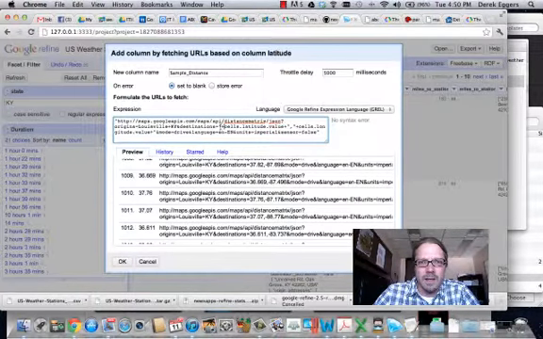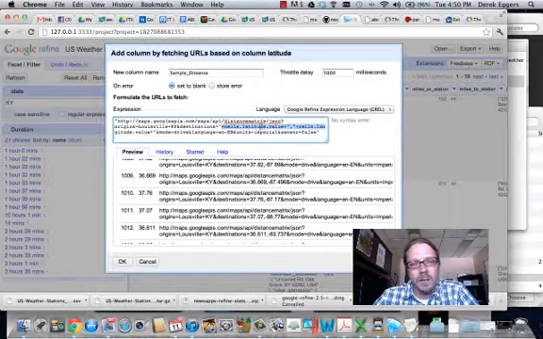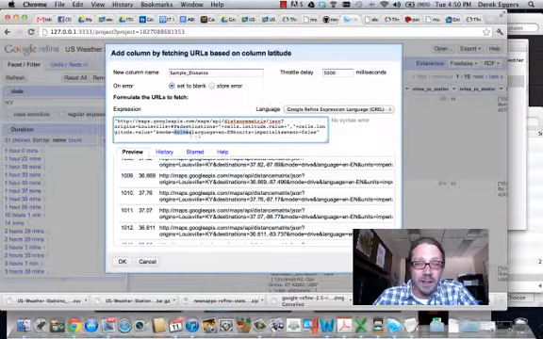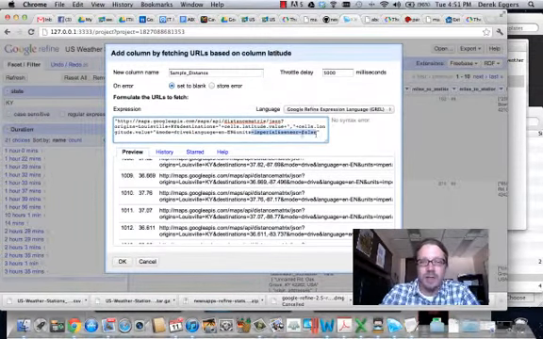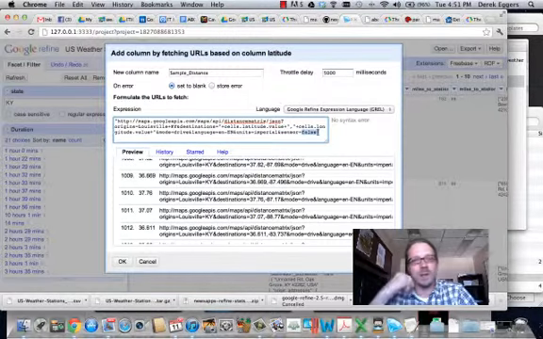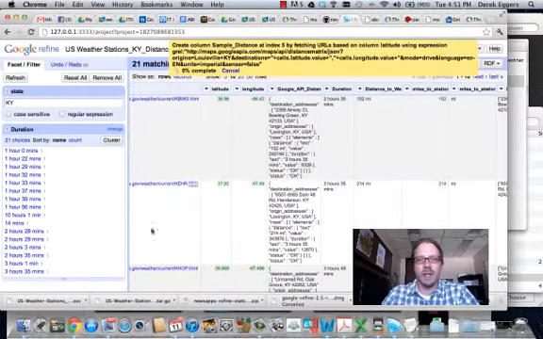what I've done here is I've taken the cells from my table here, cells dot latitude value, so the value of the cell in the latitude column, and I added a comma between those, and then the value of the cells in the longitude column, and then I've told it mode of transportation is driving, and the language is English, and the units I've set to imperial. And sensor is false, so I'm telling it that I'm not using a GPS sensor for that, which maybe I should set to true. So I'm going to click OK, and now it's going to take a good bit of